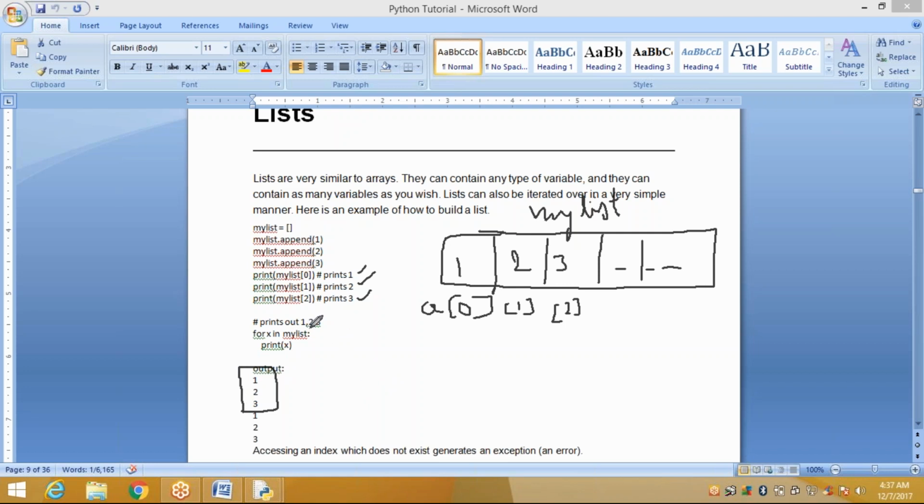So after applying this, if you want to see this, then type for x in my list. This is the for loop iteration process in my list. Already my list has the values 1, 2, 3. Now you want to print the text. Print x, again it will display 1, 2, 3. You can practice in your IDE or whatever you want. You can practice it. Okay.